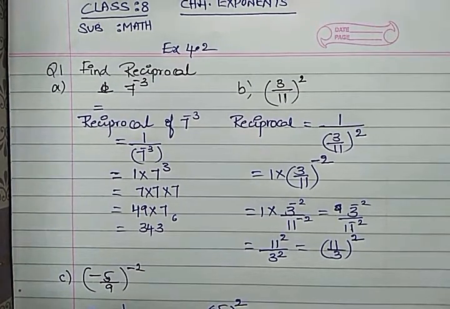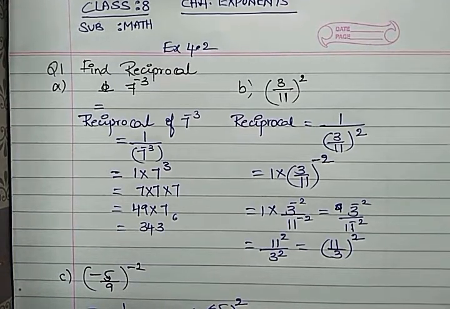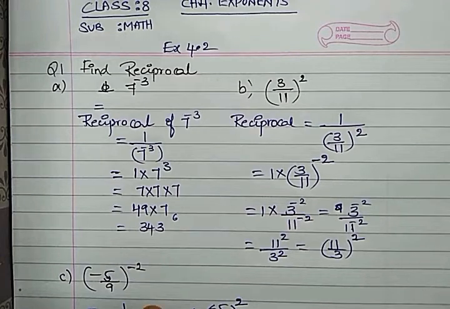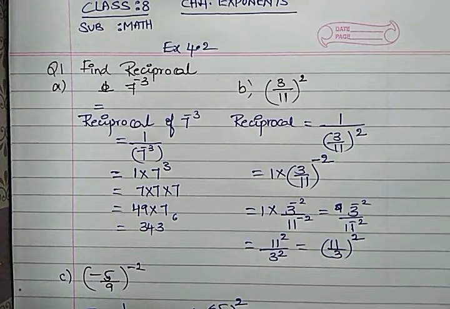Okay, the negative sign comes upside, it becomes plus. 1 into everything is the same, so minus 5 by 9 whole power 2 is the answer. So reciprocal takes 2 steps. One is writing 1 upon it in the first step; in the second step, we take it from the denominator back up so that its sign changes.